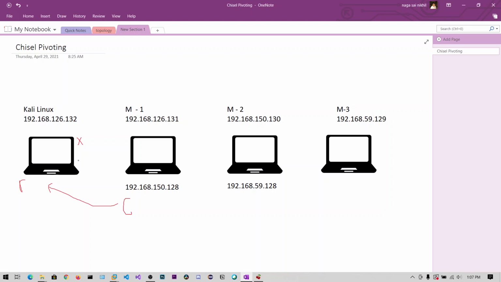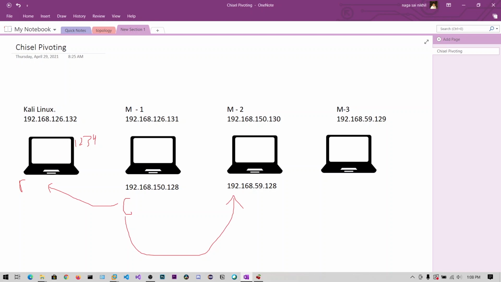Suppose the client has opened port 1234 on this Kali Linux machine. Then it can decide where to send the traffic coming from 1234.